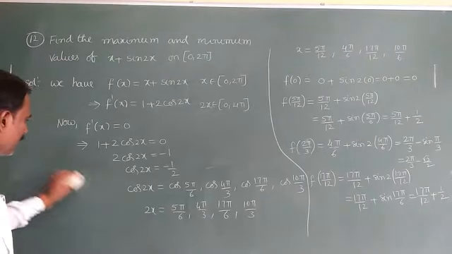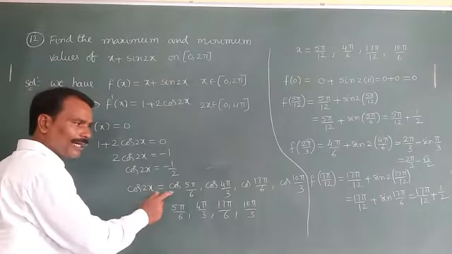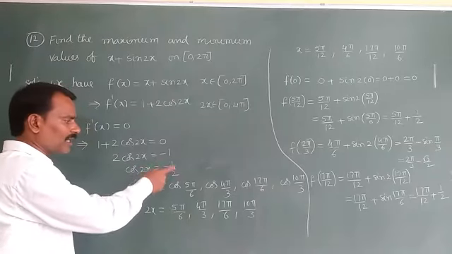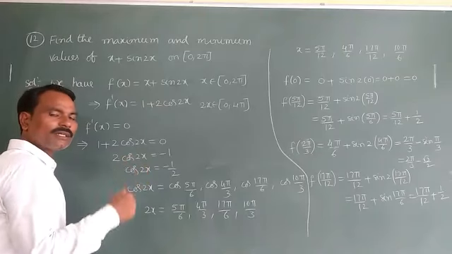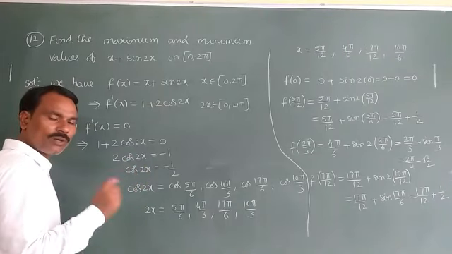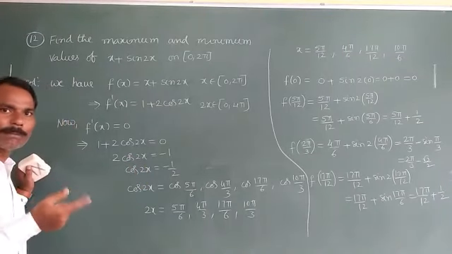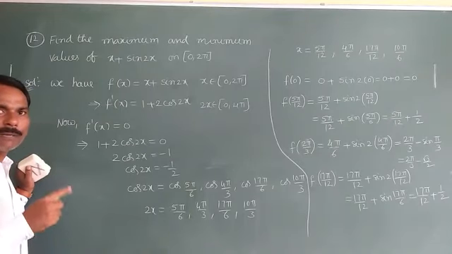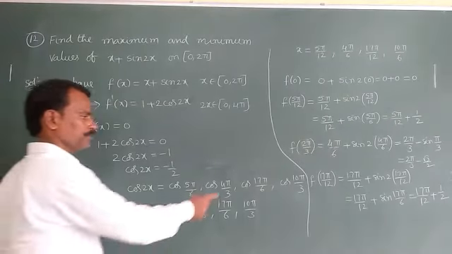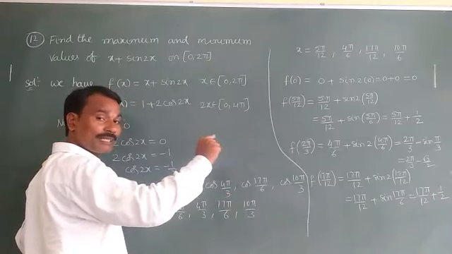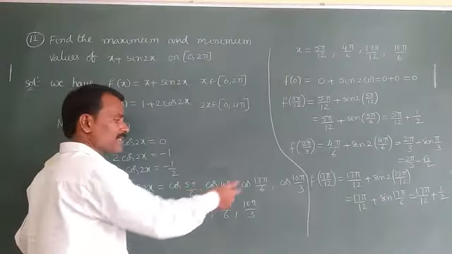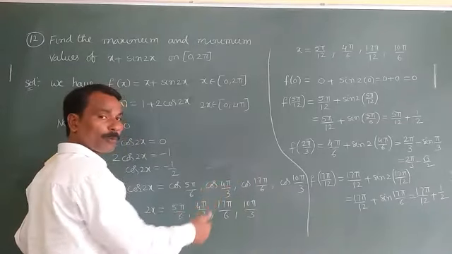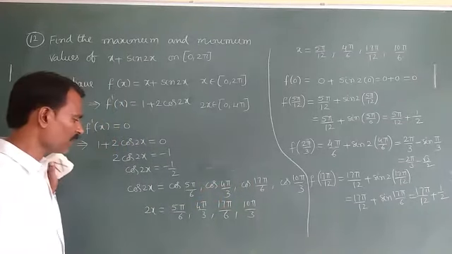In the same manner, in the second quadrant and third quadrant only, the cos value is negative, guys. Second quadrant means 90 plus theta. Third quadrant means 180 plus theta. 180 plus means pi plus pi by 3, that means 4 pi by 3. In the same manner, go to 360. That means 360 plus again 5 pi by 6, 360 plus again 4 pi by 3. We will get those two values.